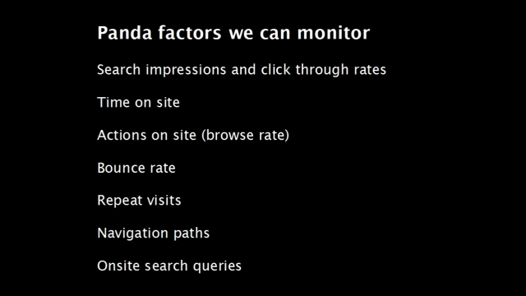Time on site. How long does the average visitor stay on the site? Okay, again, you want to watch out for outliers. You might want to drop your bottom 5% who leave instantly and your top 5% who stay for a really long time. They may have walked away from the computer while on your page. Actions on site. When they hit your site, are they clicking anything on your site? Are they voting on a poll? Are they drilling down deeper to another URL? Are they reading the About Us page? Are they engaging in an action on your site?